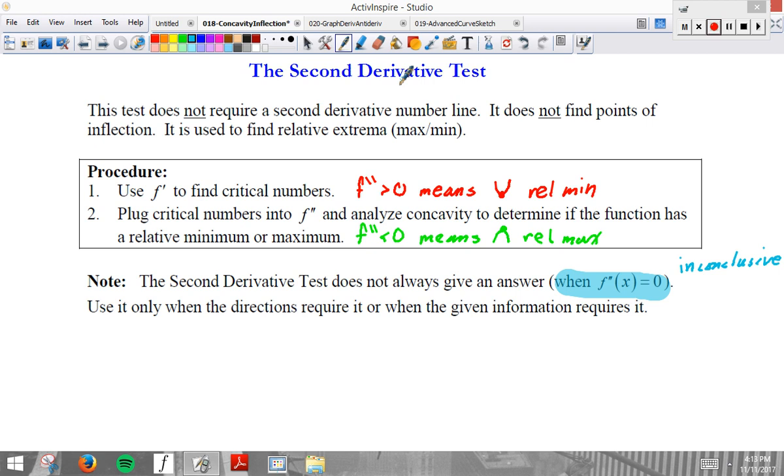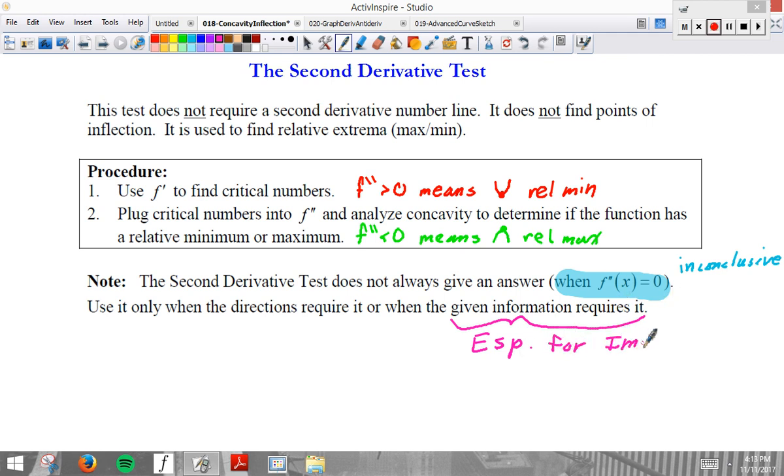We will use the second derivative test only when the directions require it or when the given information requires it. We will do one example when the given information requires it. However, I need to point out that the given information requires it, especially for